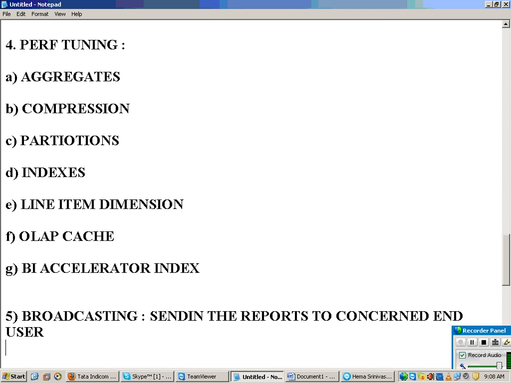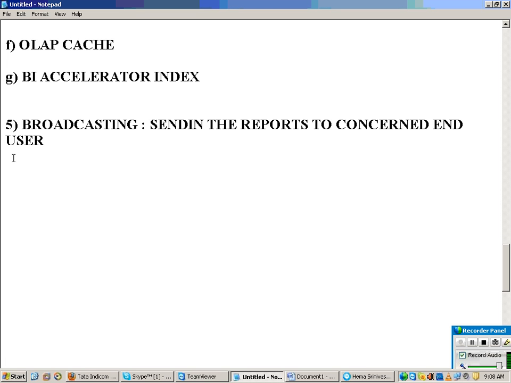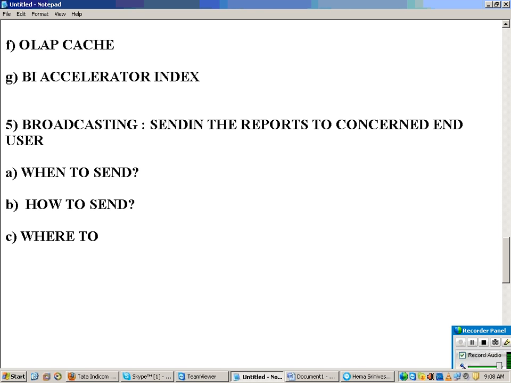Yesterday itself I discussed it: when to send, how to send, and where to send.